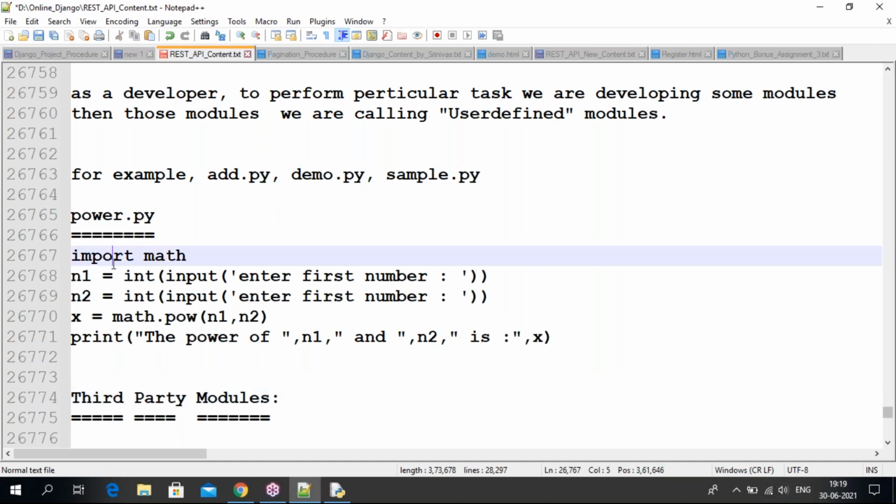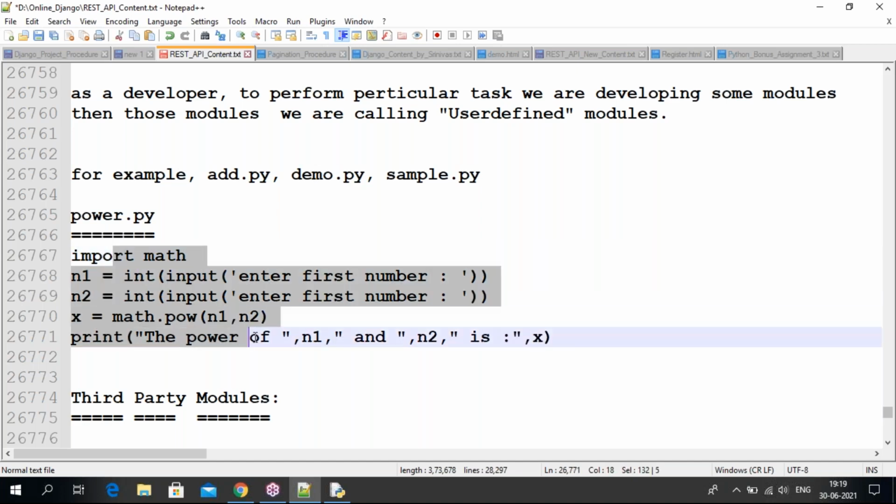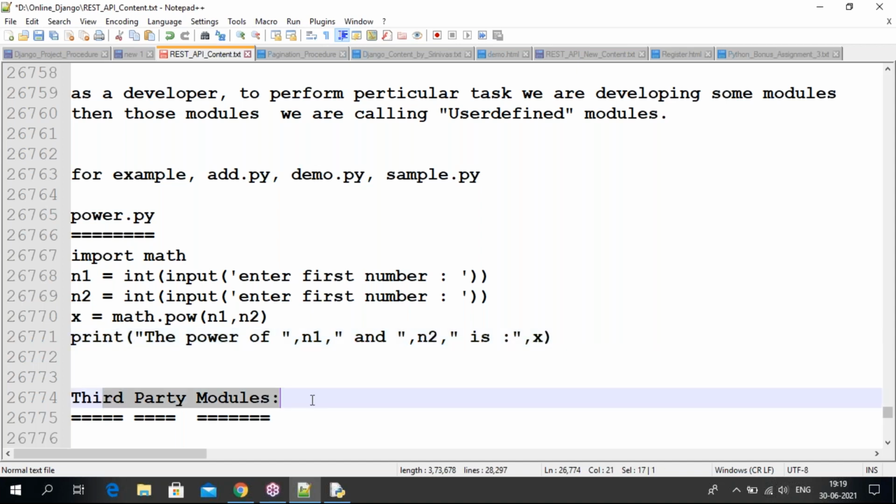I'm developing power.py, a user-defined module. I'm not developing any third party module, and they also don't come along with the software. But some other people like you developed their own modules, and they are maintaining these modules in a web location, an internet location, guys.